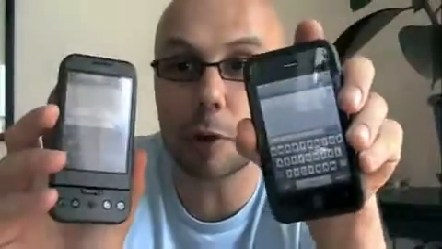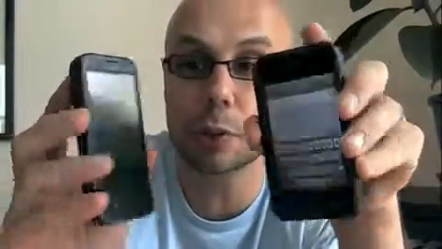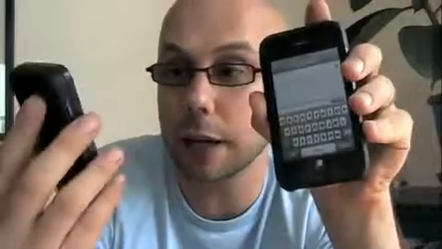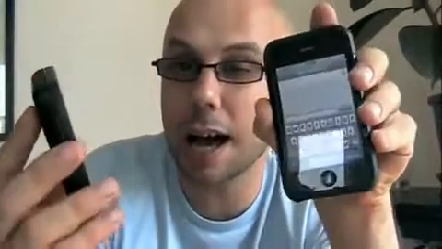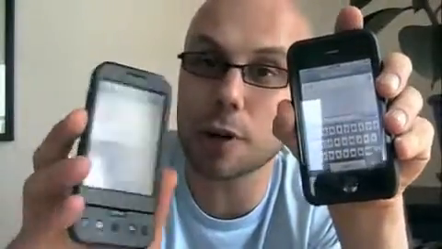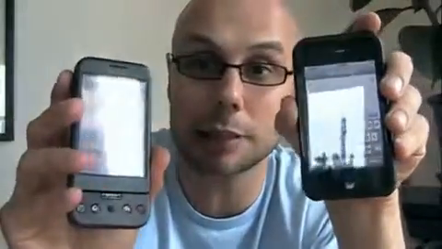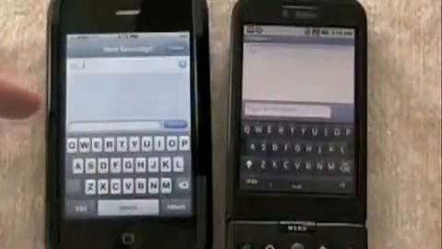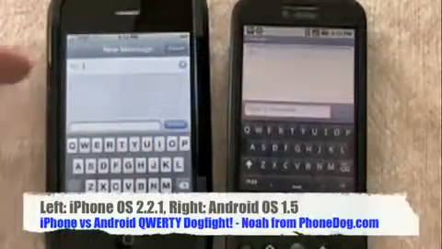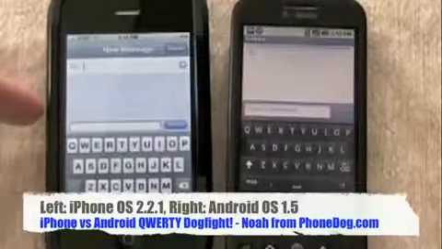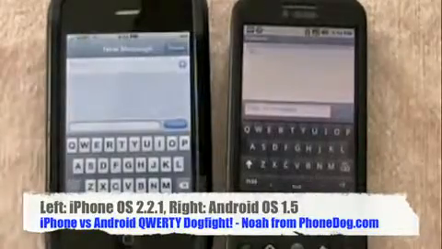But anyway, point being, these are two of the most popular, easiest to use smartphone platforms out there right now. And as I was playing with Android 1.5, I was struck by some things about entering text using the virtual QWERTY board that I thought were pretty cool, and I think are actually better than the iPhone's system. So I figured, let's break it down dogfight style, head to head, and check them both out. So here we go. Alright, so iPhone on the left, running the Apple iPhone operating system version 2.2.1,